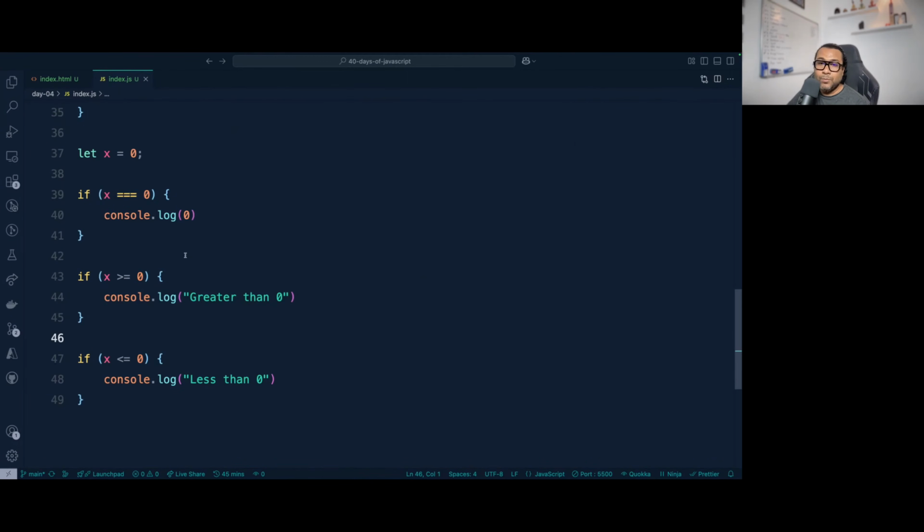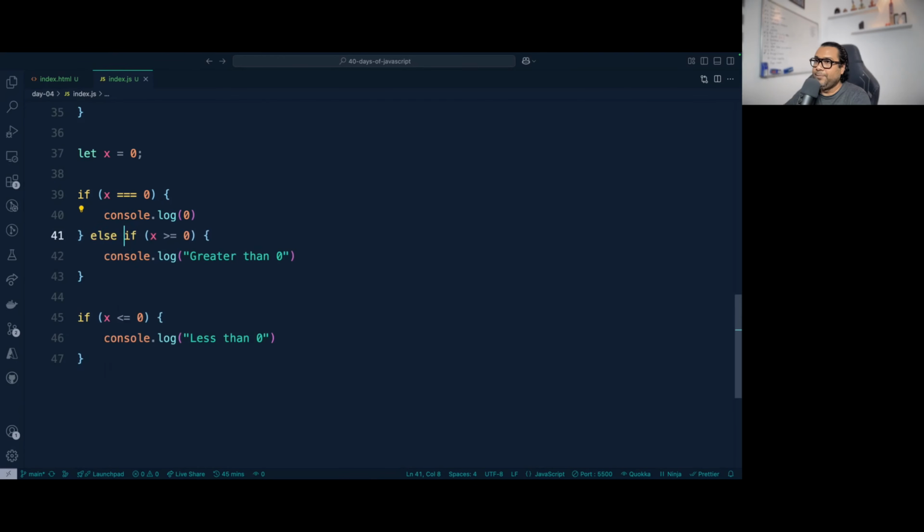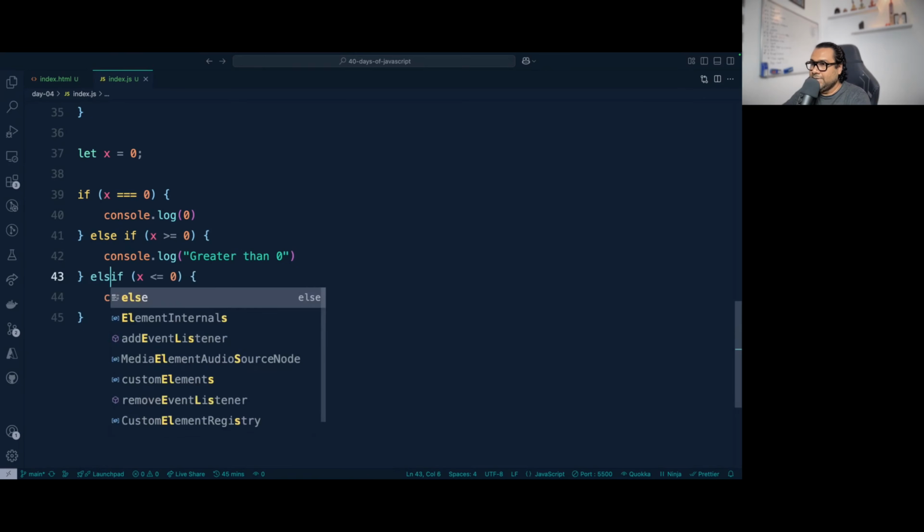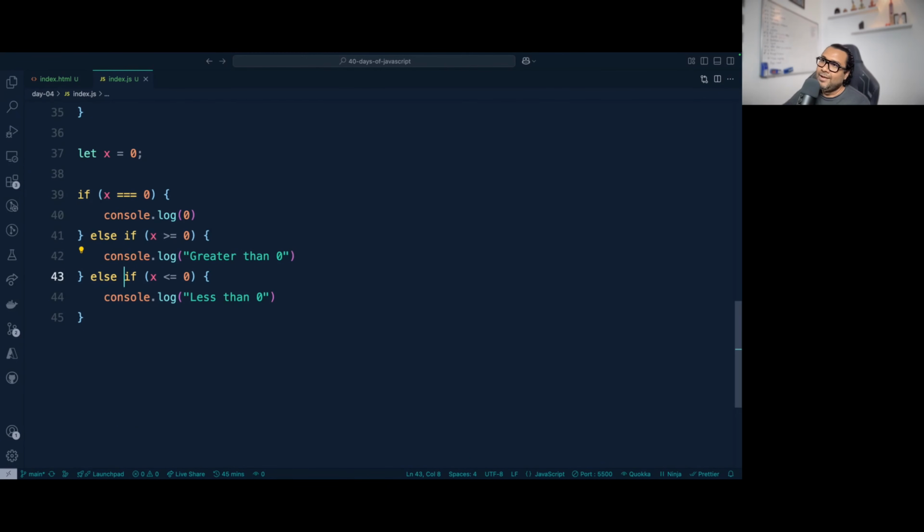But if you want to decide that as and when x is 0, you want to exit out from this control flow and not continue, then you will write this a little bit differently. You will say else if. Now if x equals to 0, great. The variable is created and assigned. This line checks whether x is equals to 0 or not.